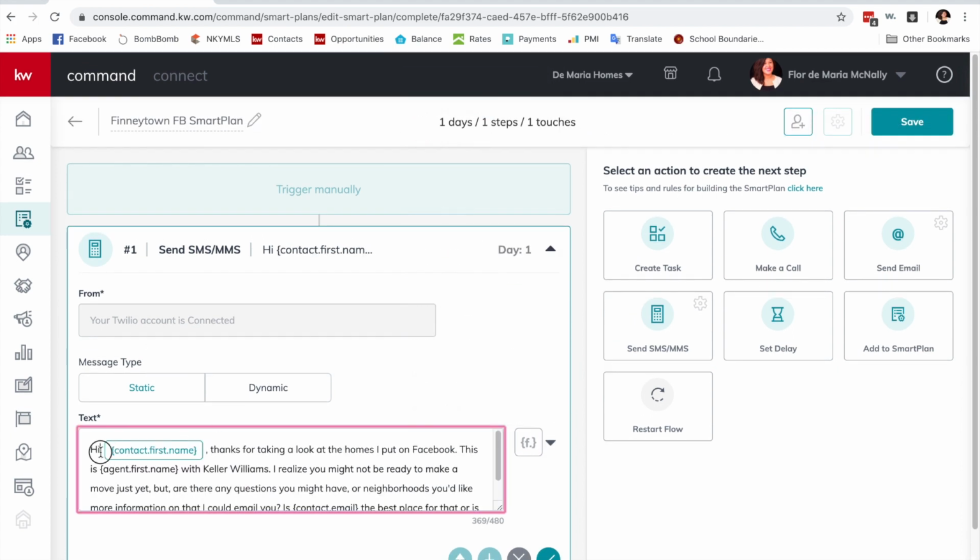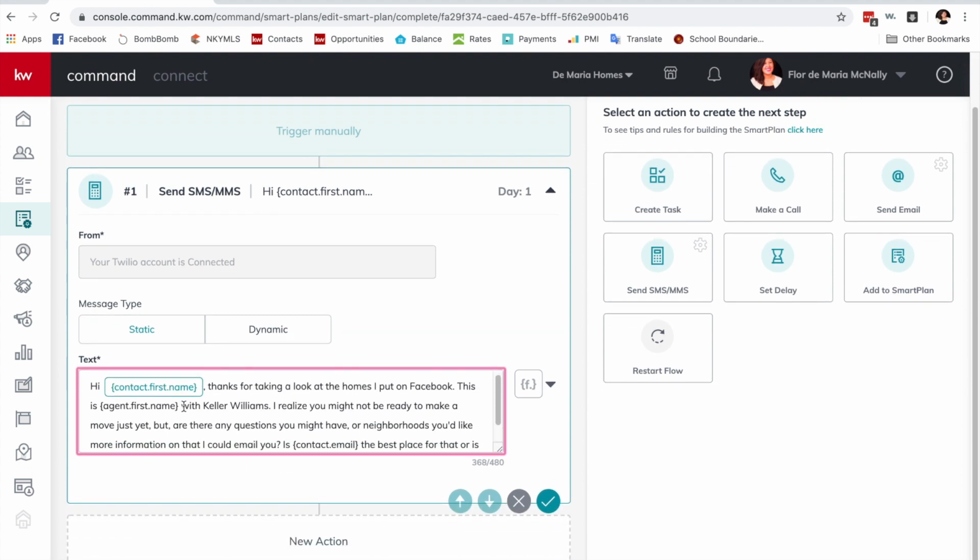What this does is it pulls the contact's first name into that text message, and it says, hi, Alex, hi, Floor, thanks for taking a look at the homes I put on Facebook. So if you dump 13 people into this smart plan, it's gonna come out personalized because of that block. So I'm gonna put, this is Floor